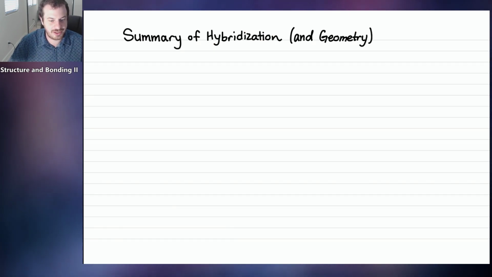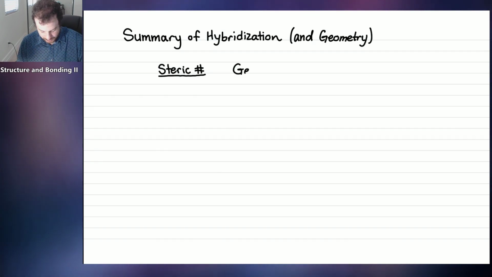We would not be here today. Our bodies would not function if it were not for the specific shapes of the organic compounds in our bodies. Okay, so let's make a little bit of a table here. I'm going to create a first column, and we'll name that steric number. I'll define what that is in a moment.